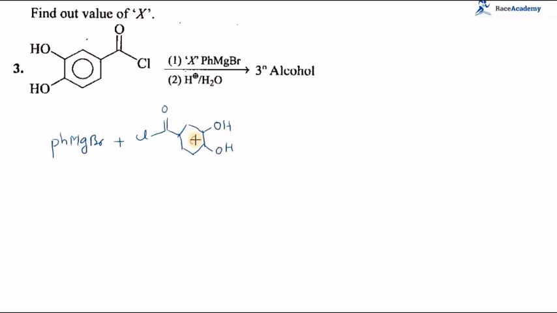This is the reactant and this is the Grignard reagent. So what will happen is this phenyl group will take on the chlorine position and MgClBr will be removed as a ketone is first formed. Then after that, what will happen,